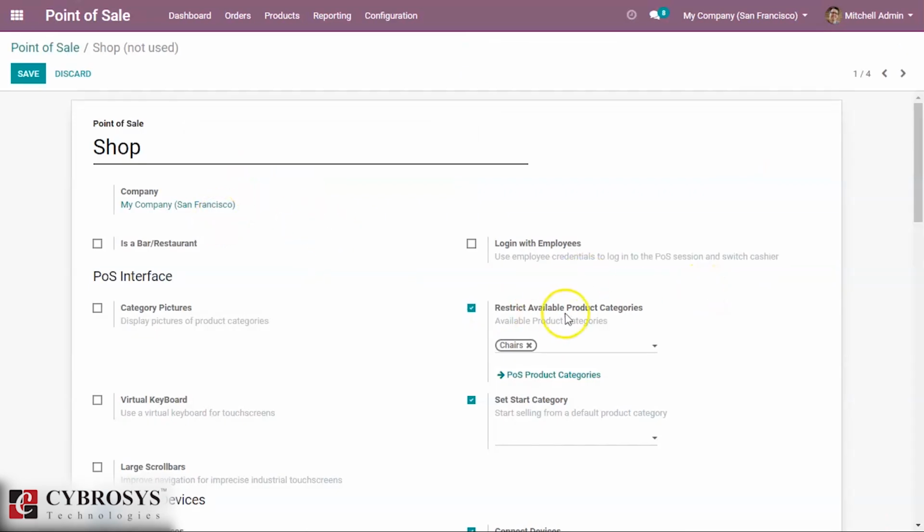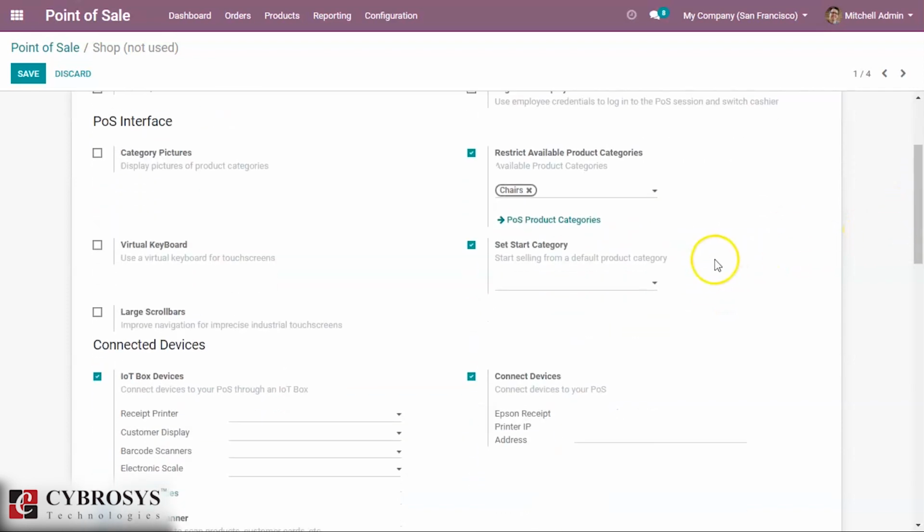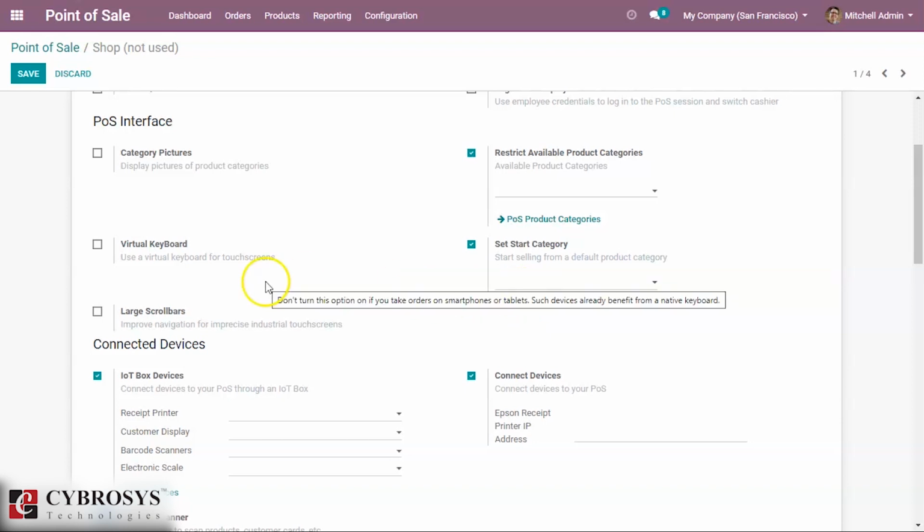The next is to set the start category. By setting the start category, when we open the session that category will be displayed there,